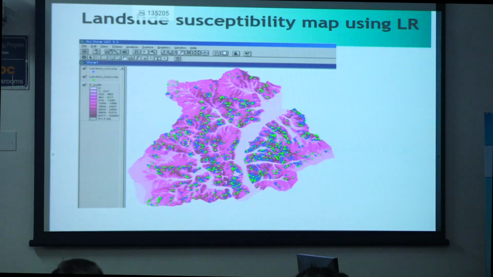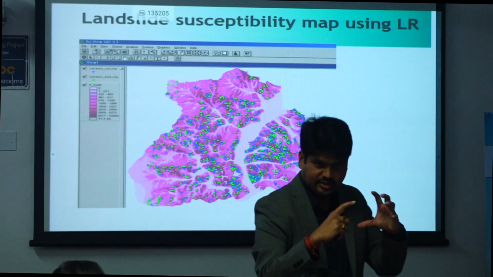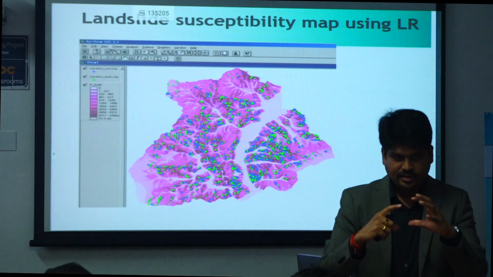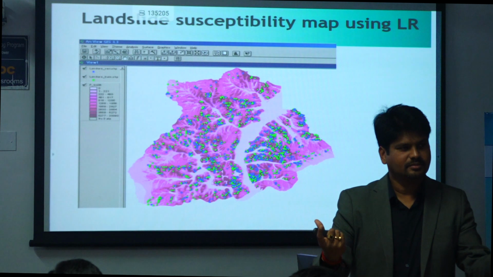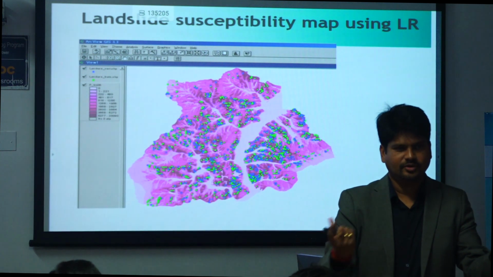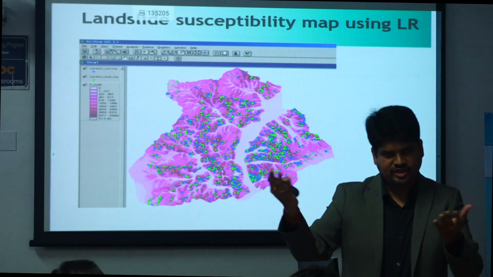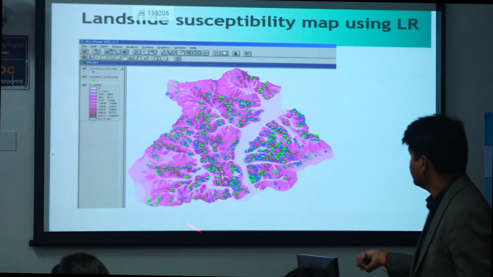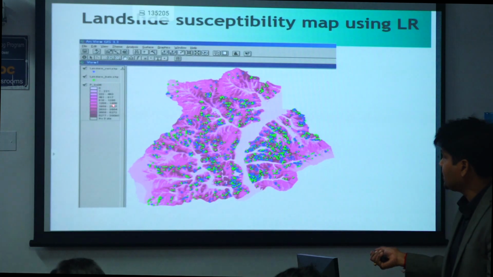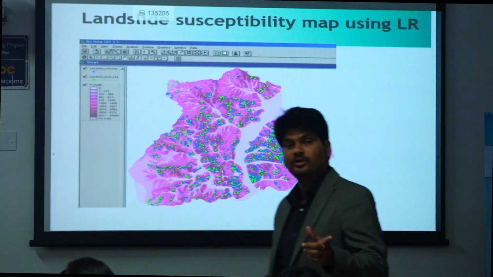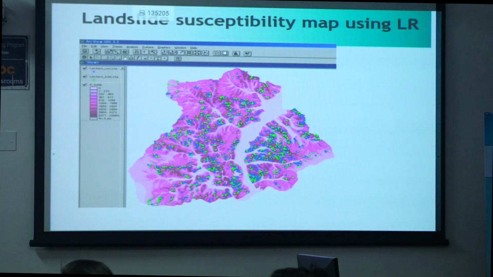Finally, you get the landslide. And how do you calculate this? Open the raster calculator, right? And then the equation I showed you, you just apply that equation. So all the input data are there, the coefficients are there, and you have the constant value also there. Automatically it will provide you this kind of predictive output. Then again, to reclassify into 5 classes, what to do? Quantile classes. Then I said 10,